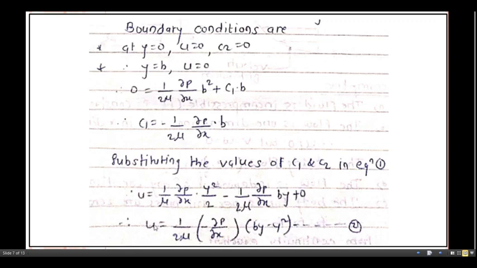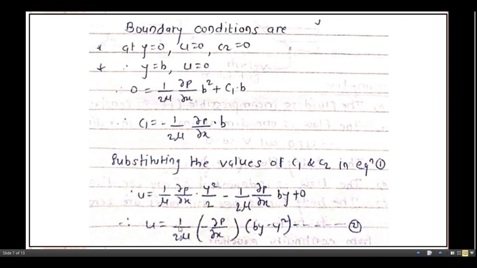From this we can get u as 1 upon 2 mu. If you observe this relation, 1 upon 2 mu into dabba p by dabba x. If I take the minus sign out and look at the remaining part, what will remain here? We have already taken 2 mu common, and dabba p by dabba x as well. The minus sign is taken common here, that's why this term becomes minus.